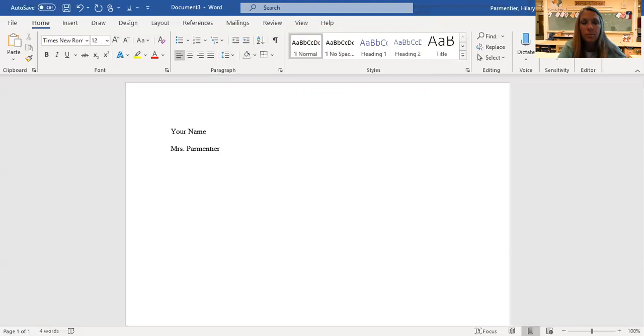For us, it's going to be ENGL 111. Then we're going to put in the date. So the date needs to be formatted in a certain way. It's similar to, people have told me, military dates and things like that where you don't need punctuation. So it's really important that you think of it in terms of not needing punctuation, so it'll format